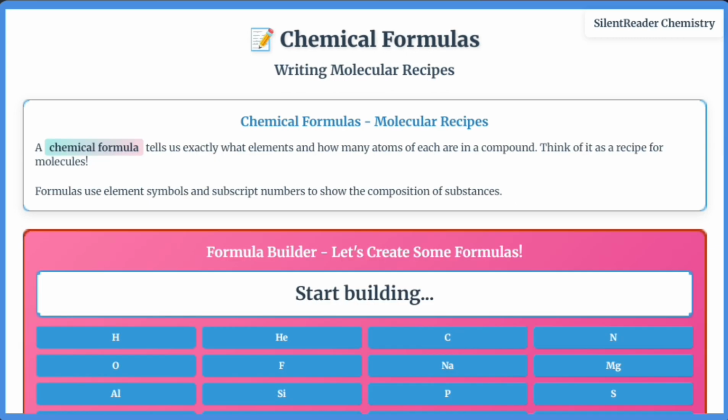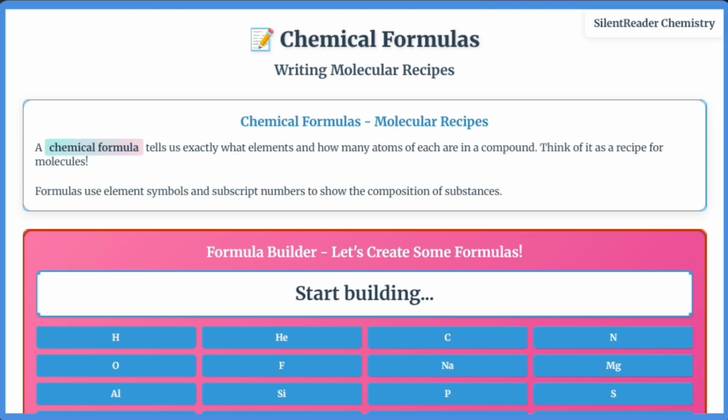Now let's dive into chemical formulas, the molecular recipes. A chemical formula tells us exactly what elements and how many atoms of each are in a compound. Formulas use element symbols and subscript numbers to show composition. For example, H2O means 2 hydrogen atoms and 1 oxygen atom, CO2 means 1 carbon and 2 oxygen atoms, and